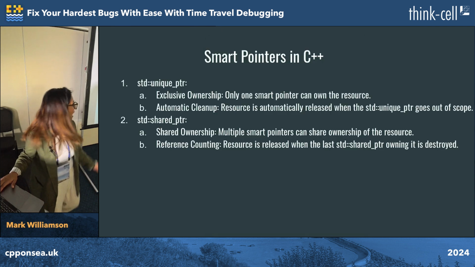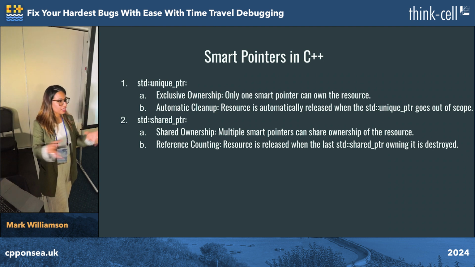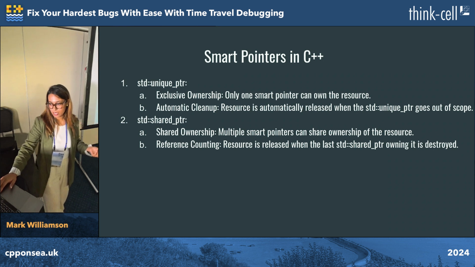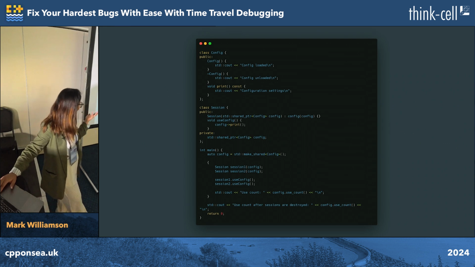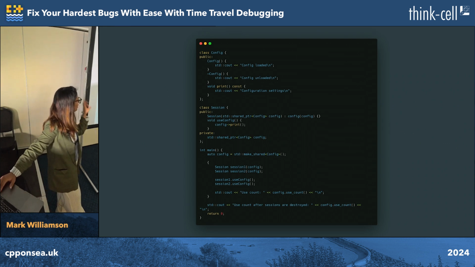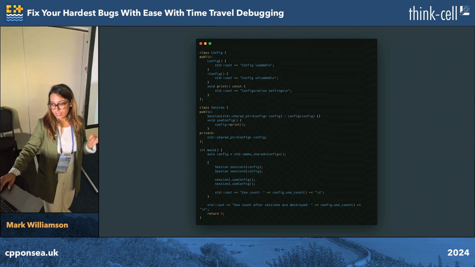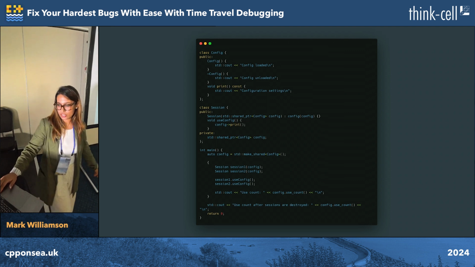Next, we have shared pointer. Now, shared pointer says that we will have shared ownership, meaning that multiple smart pointers can share the ownership of a resource. And then it uses reference counting, which means that a resource is released the moment the last shared pointer owning it is destroyed. Let's say I want to look at an example for this as well. I've taken a slightly different example because that wasn't fitting my use case. But you can see I have a config over here and then I have a session class as well, right? Now, in any server application, going off from the database connection example, it is common